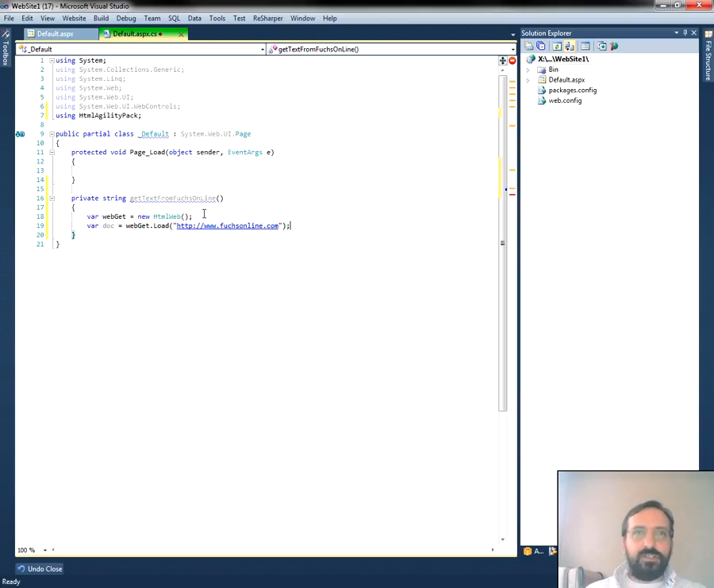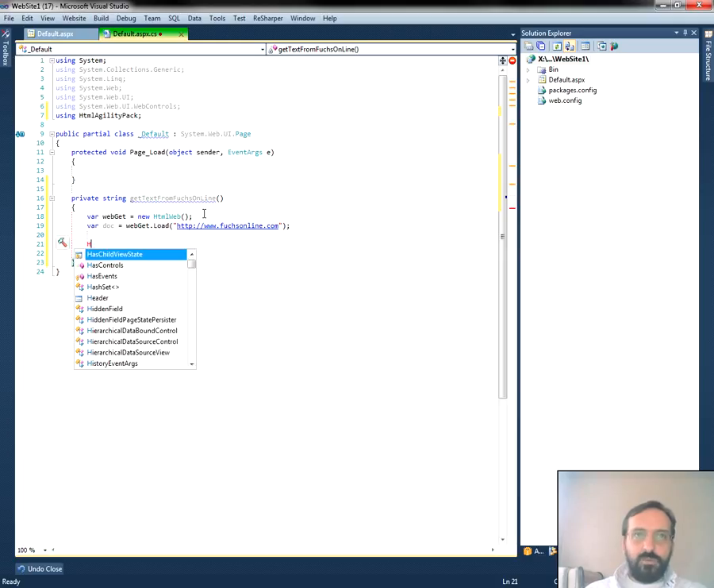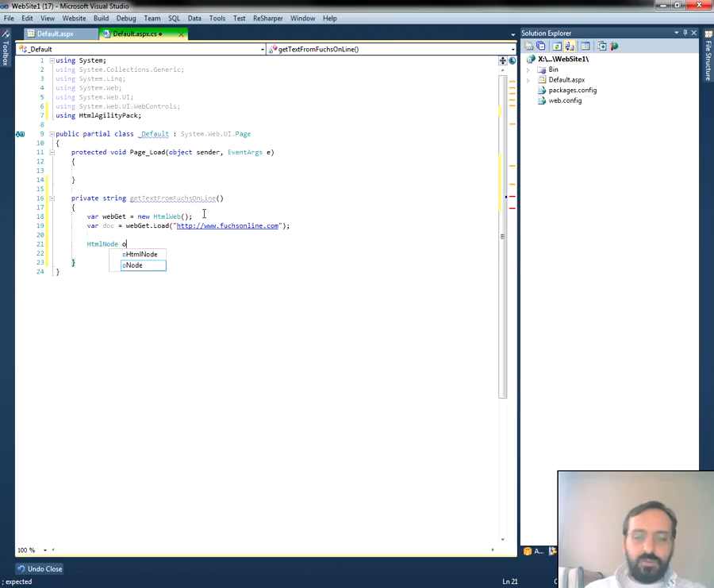Now that we have a pointer to our website, we need to access the element in the page. And in order to do that, we use the HTML Agility Pack, which will point to the specific node inside the page that we were looking for. So we create an HtmlNode. We can call it our node